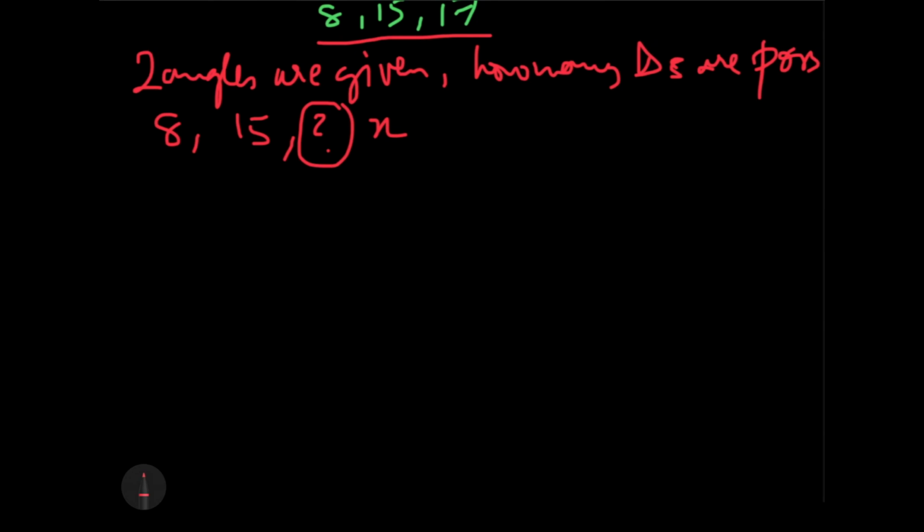So हम लोग range कैसे निकालेंगे? We know a very important property that the sum of two sides of a triangle should be greater than the third side. This is taught to you people in standard 4, 5. Okay. So you need to know this, that the sum of two sides is always greater than the third side.